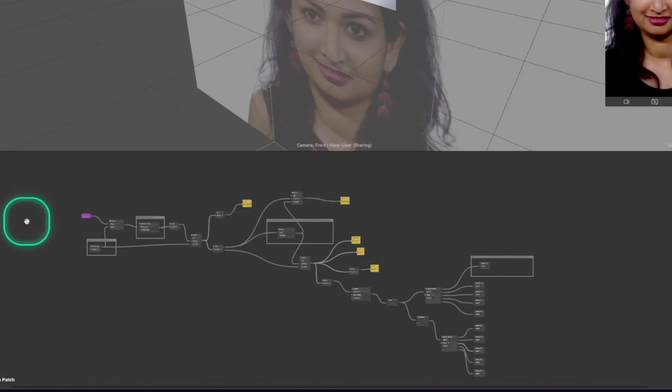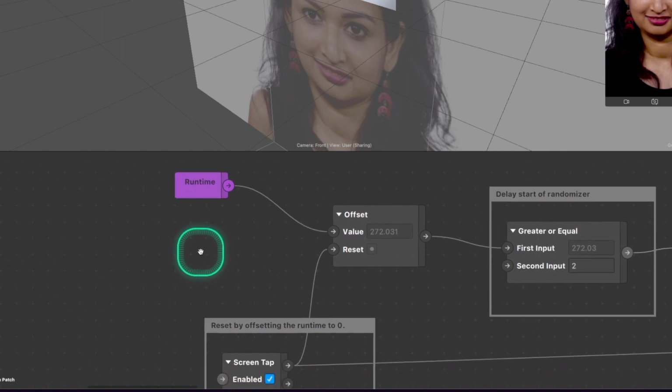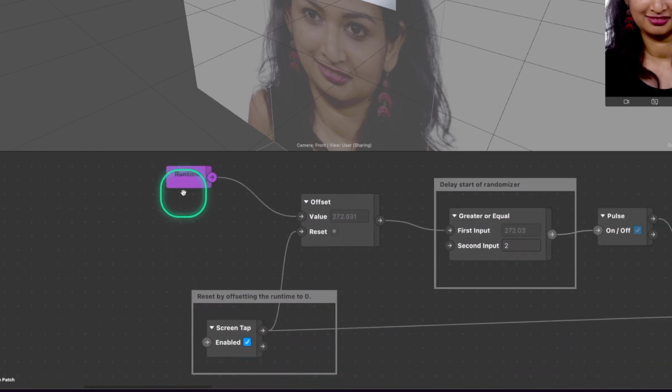Okay, let's take a look at the node graph here. We don't drill into any subgraphs or anything, which is nice about this, but it's a little more complicated than the standard 2D template. So let's zoom in here. This is our runtime, so what's always going as soon as you start the effect. It will just keep ticking through. But you do have an offset node here so that if you were to screen tap, you could set this value to 0. And that runtime, as it's going, will keep ticking up, but it'll start from 0,